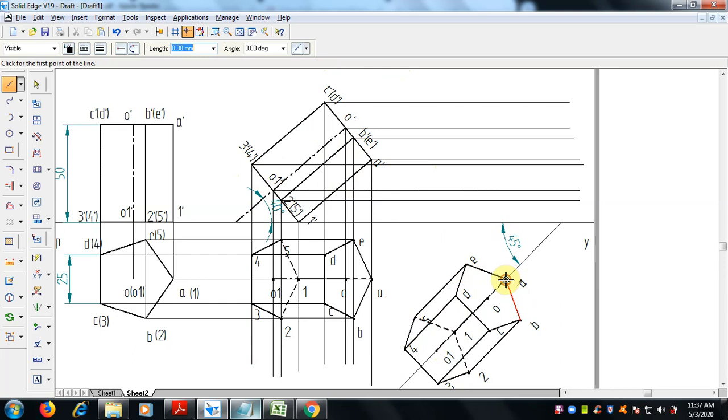So first I'll select A, where A will meet here, A with A dash, B with B dash, C will come here. If you want, you can extend it and then you can trim it.